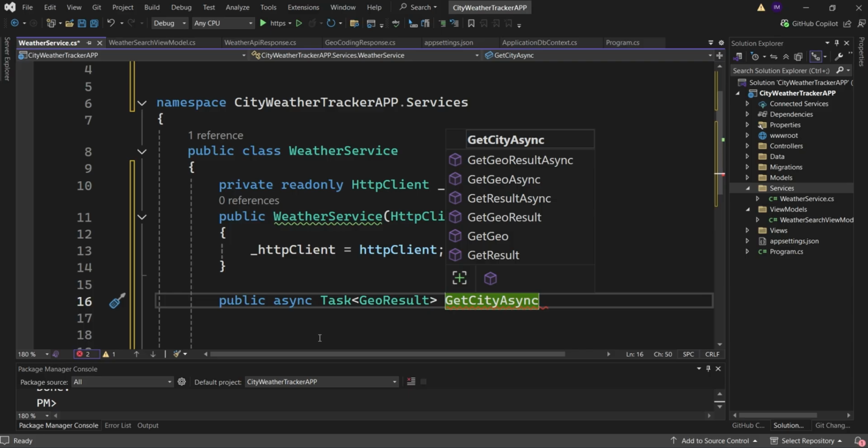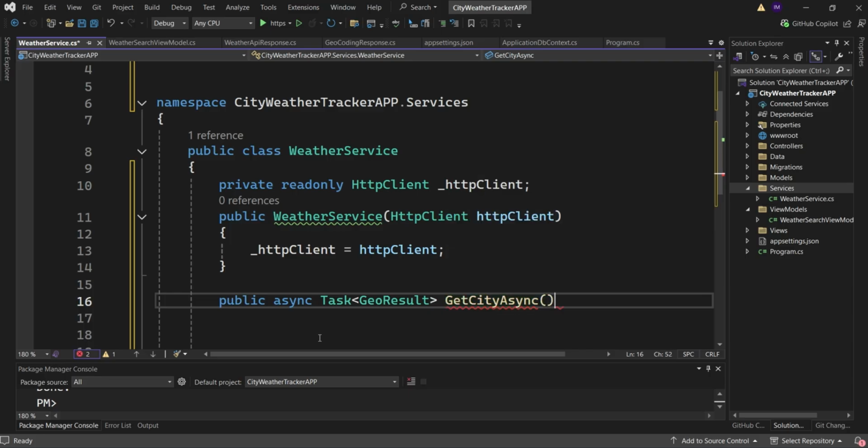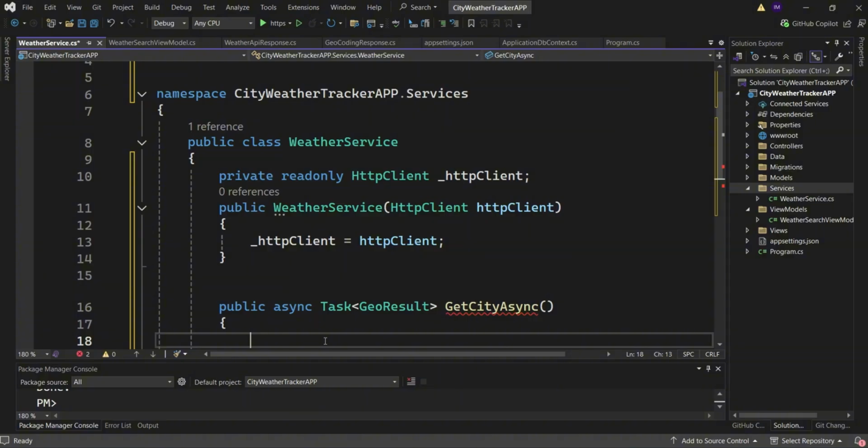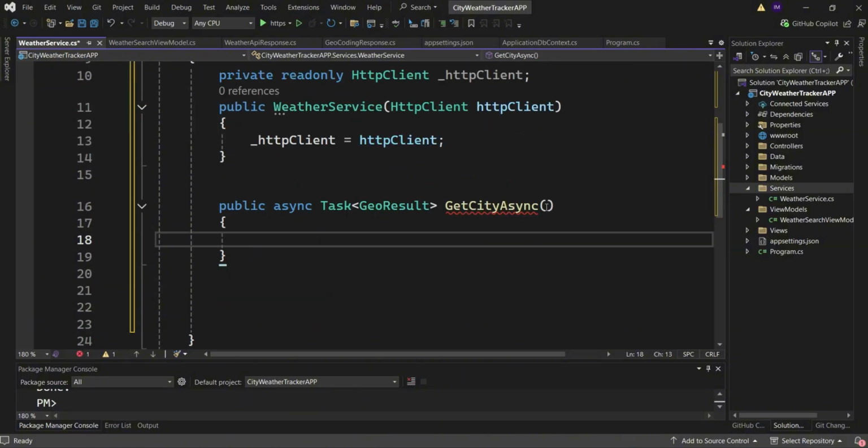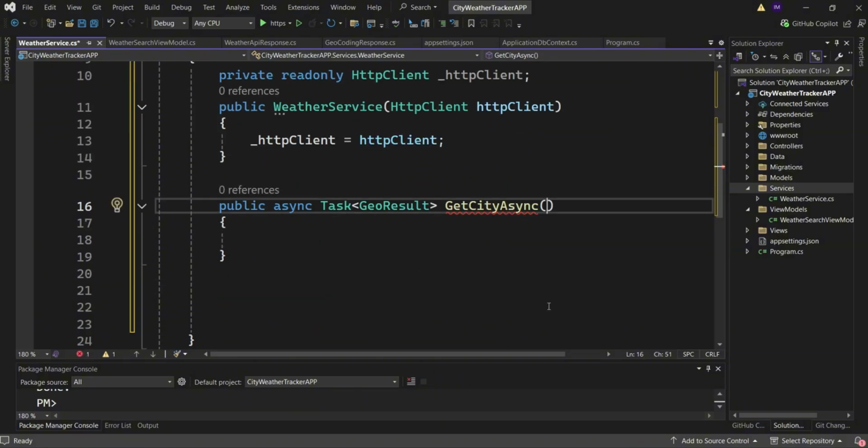Get city async, that will be the name of my method. So it doesn't end here. Because we want the user to search by a city, I need to create a parameter. So I'll say city